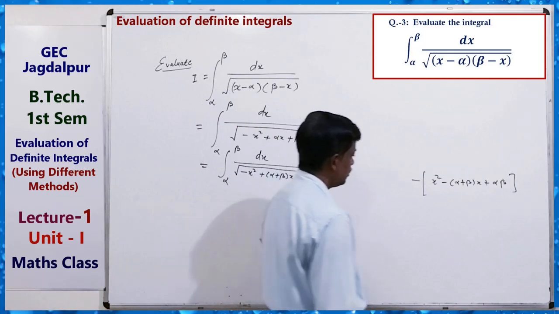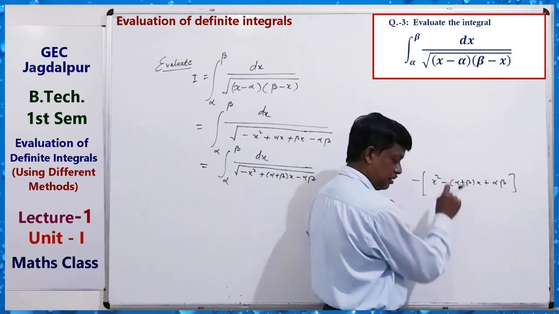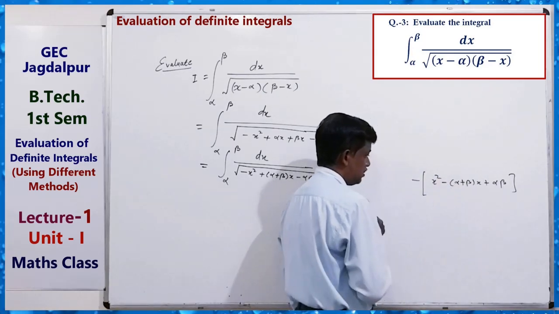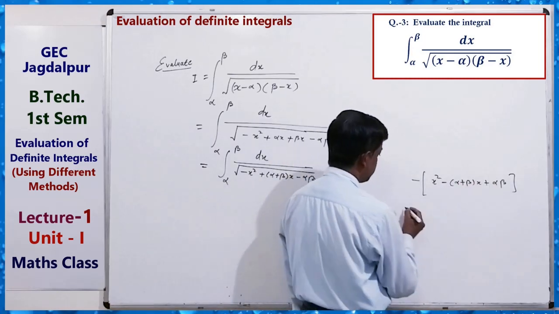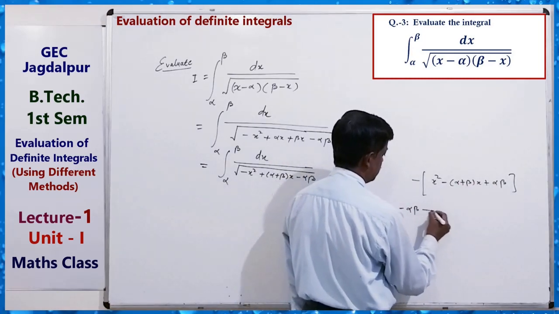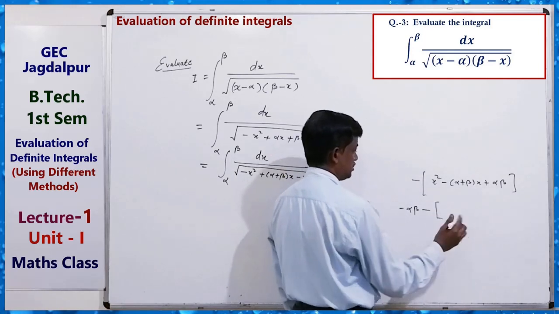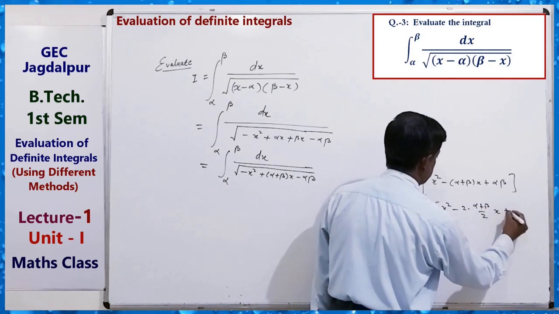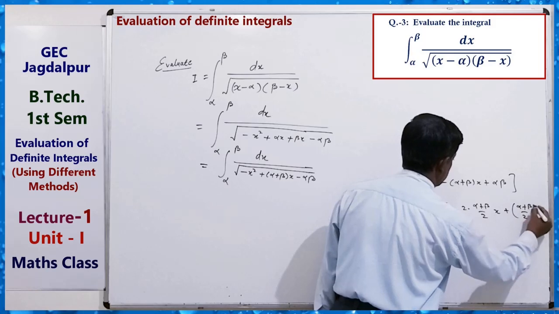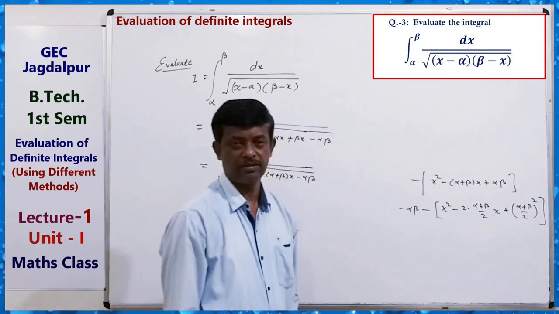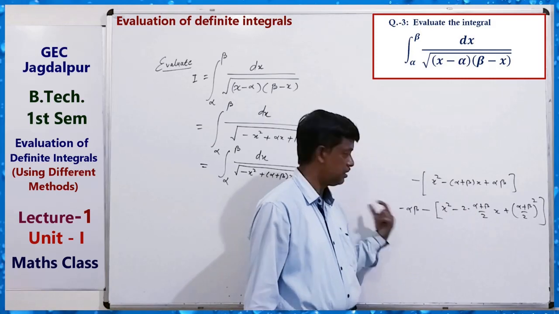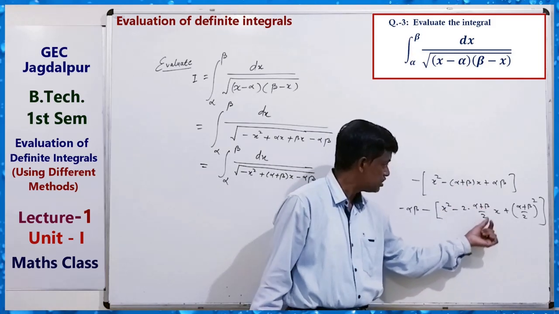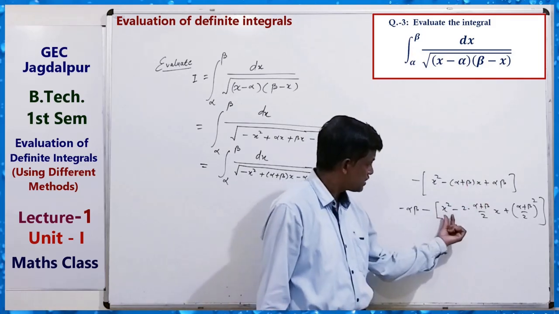Now for completing the square, suppose minus alpha beta is outside. Then we have x square minus 2 into alpha plus beta by 2 x plus alpha plus beta by 2 square. Just for setting, we write it like this, with minus alpha beta outside. Now minus the square, alpha plus beta by 2, to cancel alpha plus beta. This can be written like this. So x square